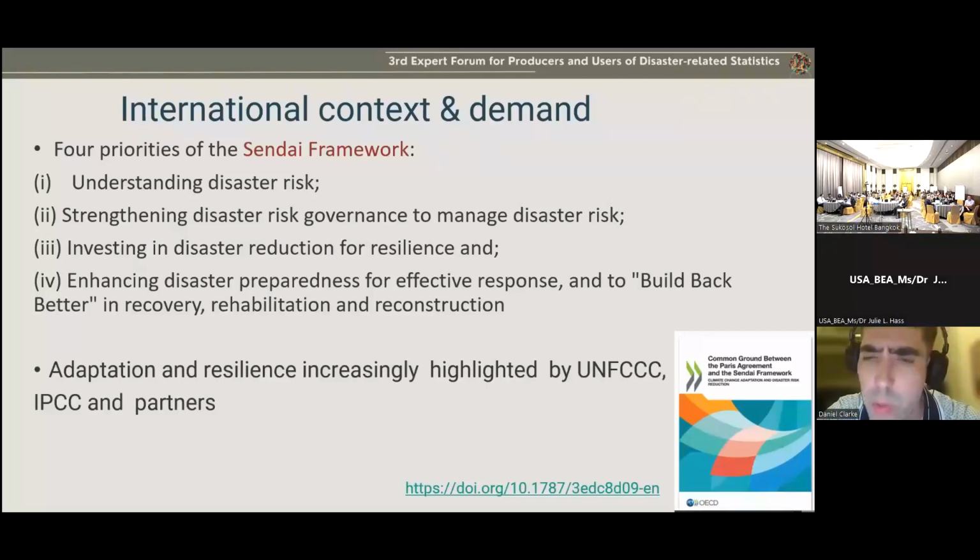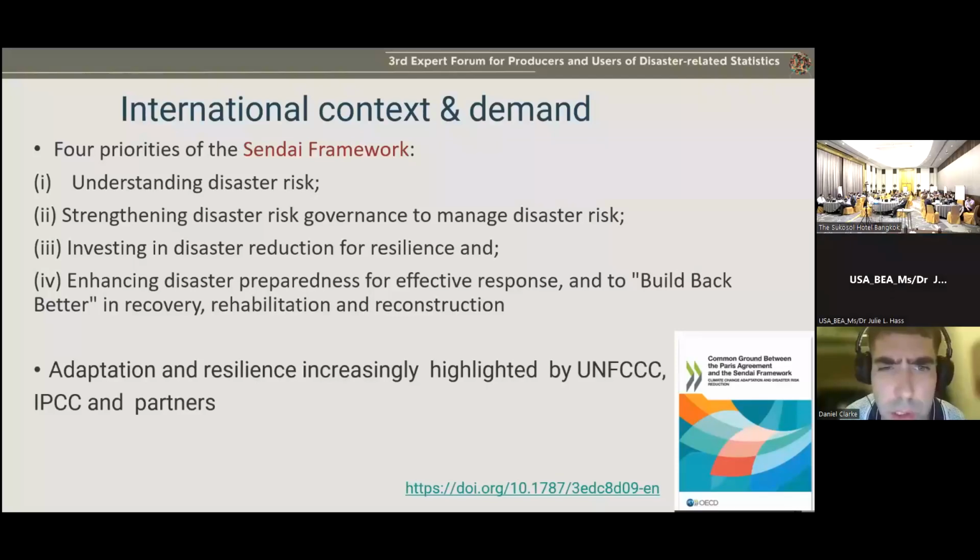And in that context, what we see evolving now, more from the user side, and which we need to link with as producers of statistics as well, is a lot of studies that develop detailed case studies on the different types of disaster risk reduction interventions that we see in practice in different countries, how they are similar across countries, how they relate to the Sendai framework. And there's a lot of studies that start to do this, particularly from UNFCCC or from IPCC.